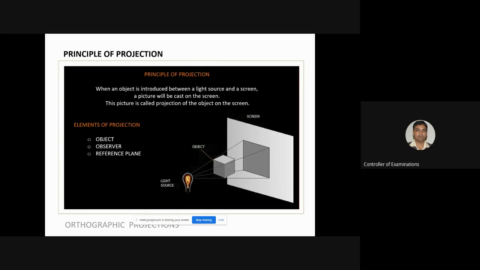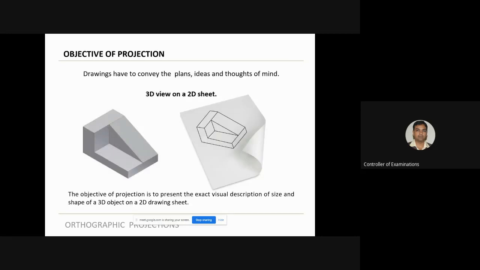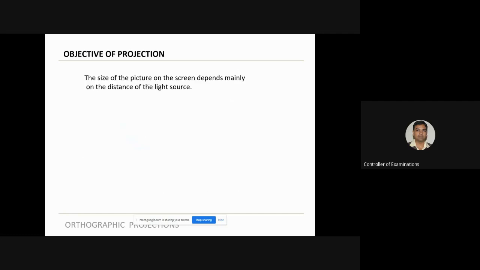This is the principle of projection. So this is what we had discussed earlier. Now let us understand it a little better. Yes, this is important: the objective of projection.